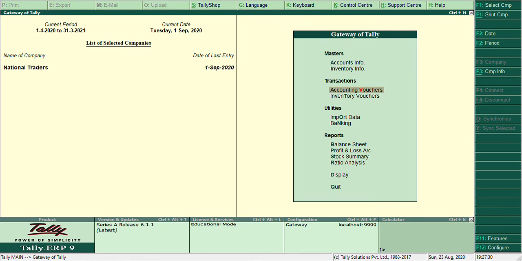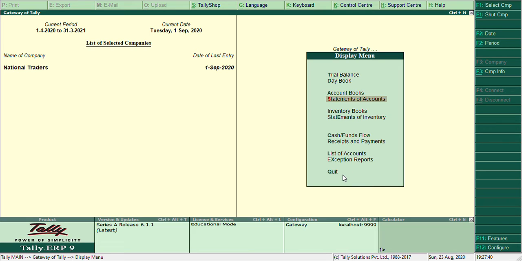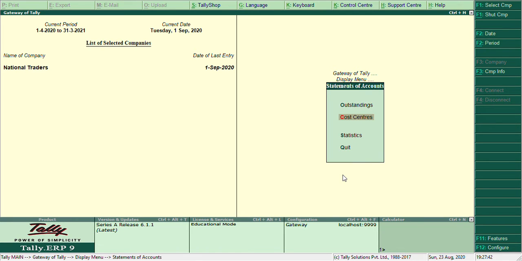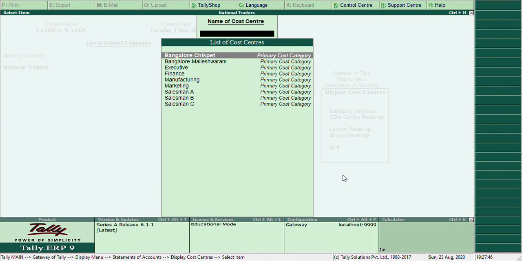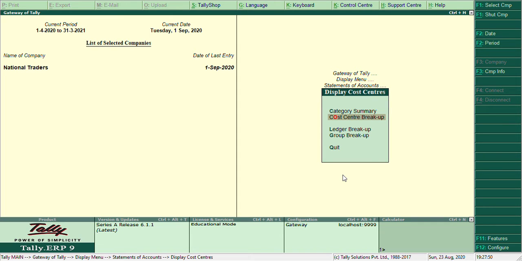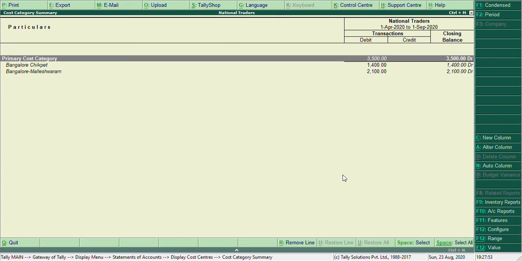Now, where is the report of my pre-allocation of expenses? So all the reports you will find under the reports. Go to display, statement of accounts. There you will find cost center allocation. Cost category summary.